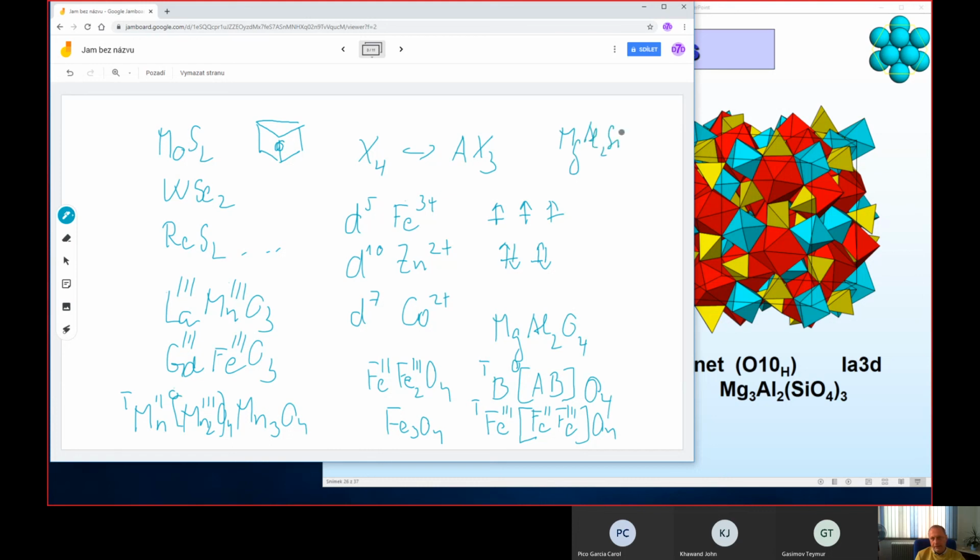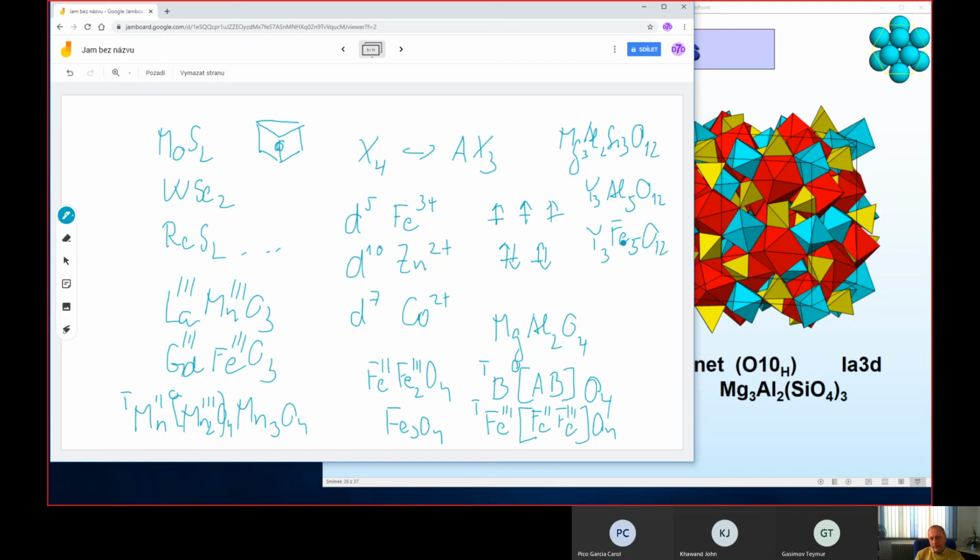Al2Si3O12, but sometimes in some garnets this and this side are formed by the same atom. So we have, for instance, yttrium aluminium garnet, or yttrium iron garnet,